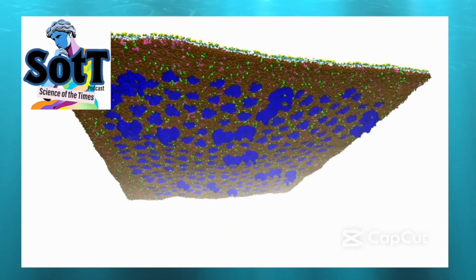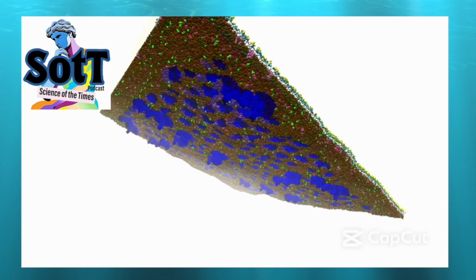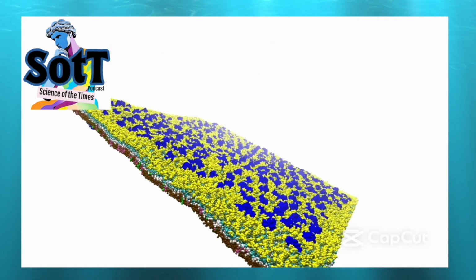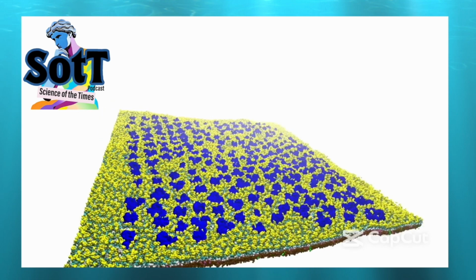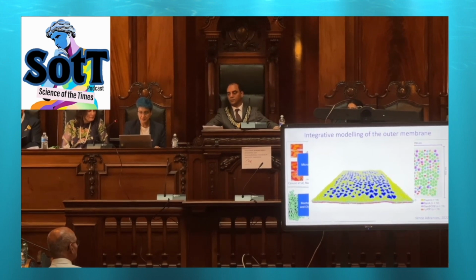So this is the biggest simulation of a bacterial outer membrane ever done, as far as I know. And this was done in my lab in 2022. And of course, this was something we had to do on the supercomputer in Edinburgh. This will have taken about 3 weeks of calculation. So you just let the calculation run for 3 weeks, day and night. Then you get the data out, and then it's analyzed. Okay, so what does it do? What do we learn from it?